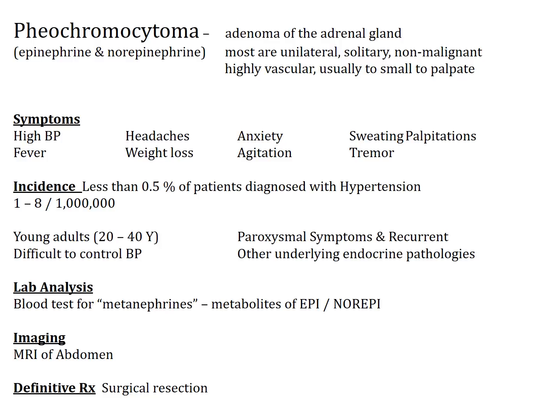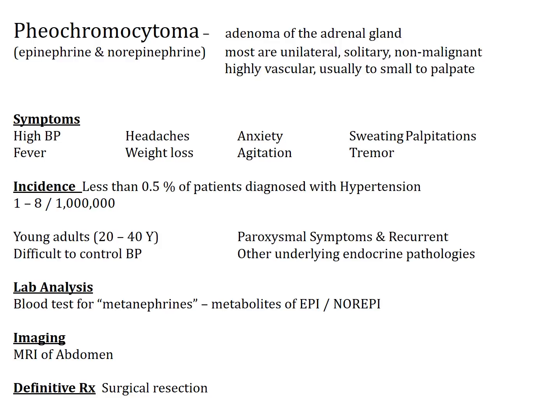So most pheochromocytomas are unilateral. Most people only have one. They tend to be fairly vascular. You often cannot palpate it on an individual, so even with really good exam skills, you probably could not palpate a pheochromocytoma. But it would be suspected in an individual who has severe hypertension and all these other symptoms of the fight or flight crisis, right? So you have an individual who's constantly hypertensive and anxious and sweating and tremorous and losing weight, right? All this stuff that we see in the fight or flight crisis, got to consider this person may have a pheochromocytoma. This tends to be a tumor of young adults.